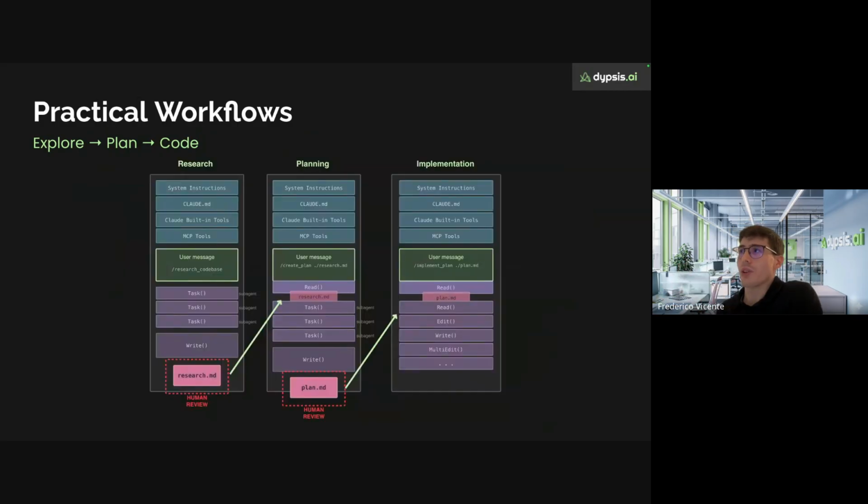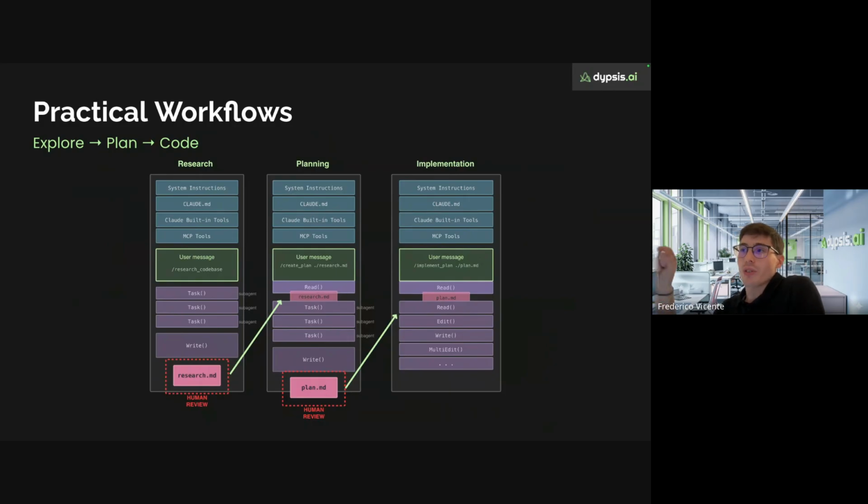And so, in a visualized way, this is more or less a common workflow that people follow. So you have this research. You can, for instance, create a command called research codebase, where it follows your rules to really make a powerful, let's say, exploration through your codebase.